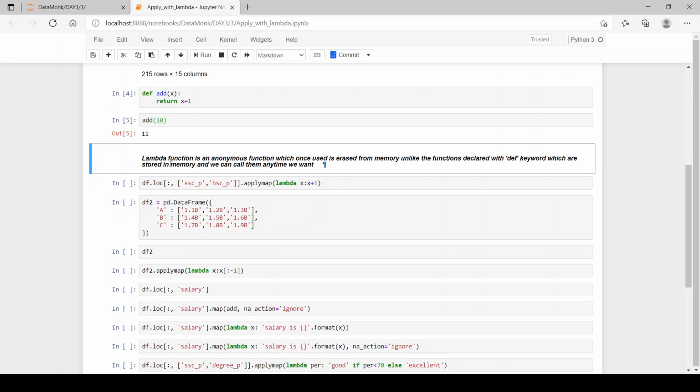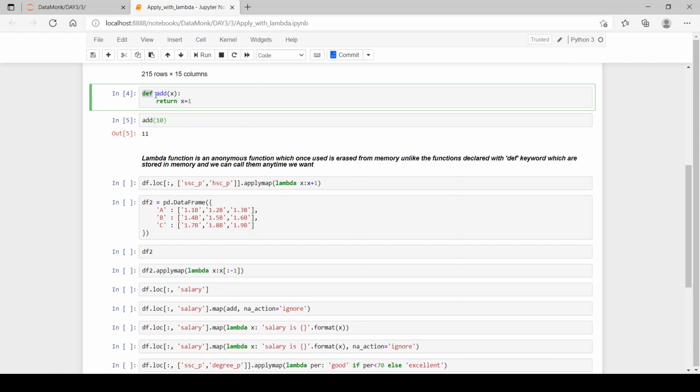Now let's see what a lambda function is. A lambda function is an anonymous function which, once used, is erased from memory, unlike the functions declared with the def keyword, which are stored in memory and we can call them anytime we want. Here we have created the def add function. So this add function is created in memory and we can call it anytime we want.